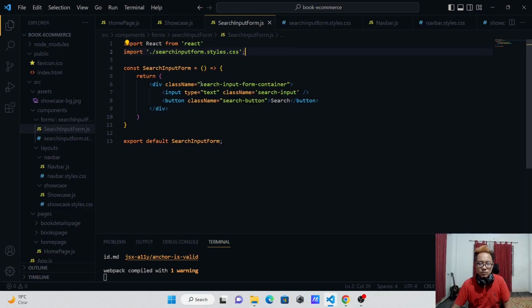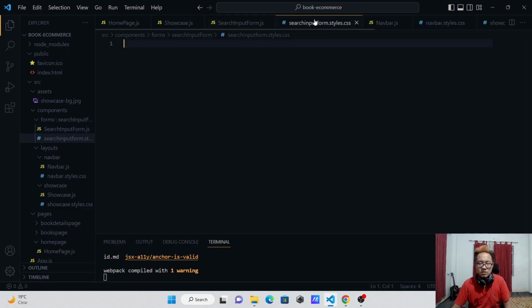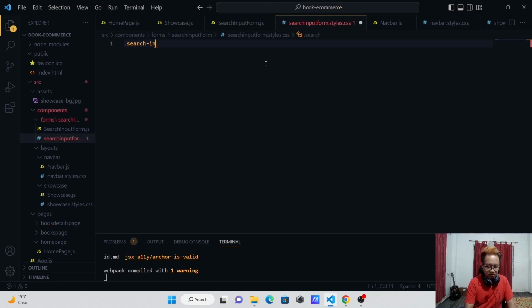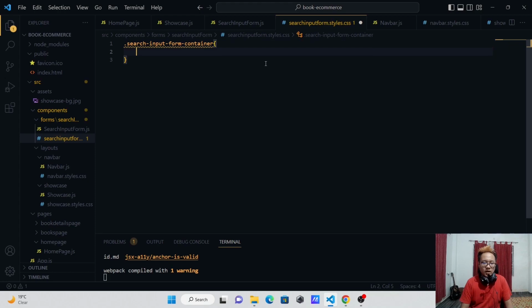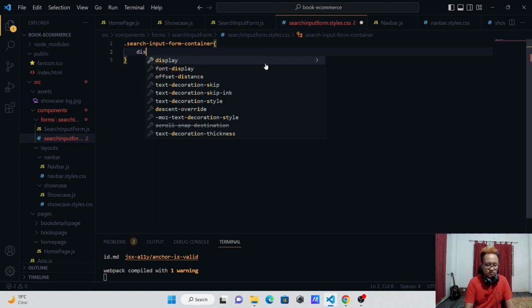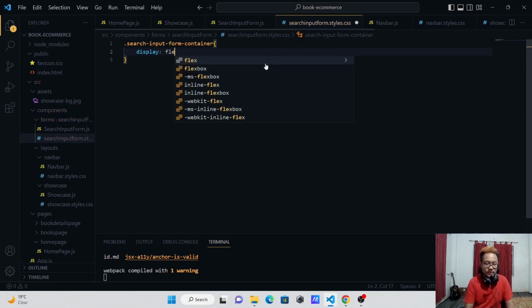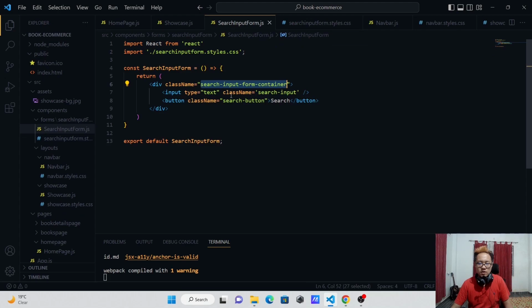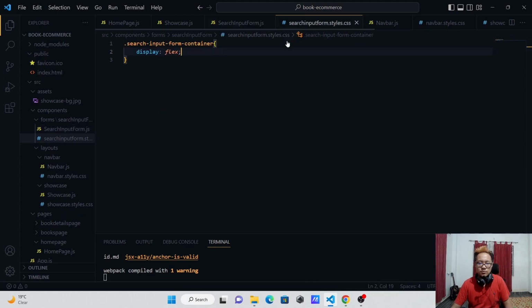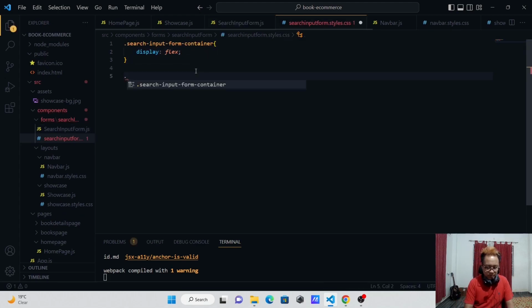So what we're going to do is we are going to target this container first. So let's just add a .search-input-form-container. There you go. And here let's add a display flex for now. So display flex, and now let's target this input tag, the search input. So I'm going to type search input,